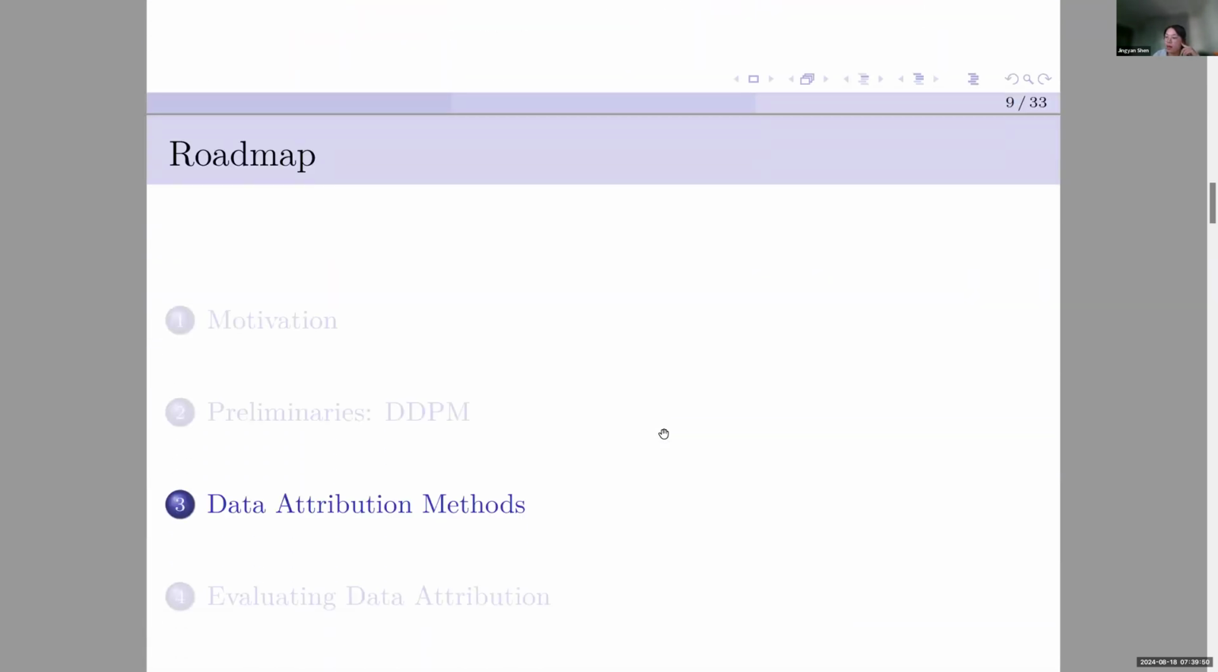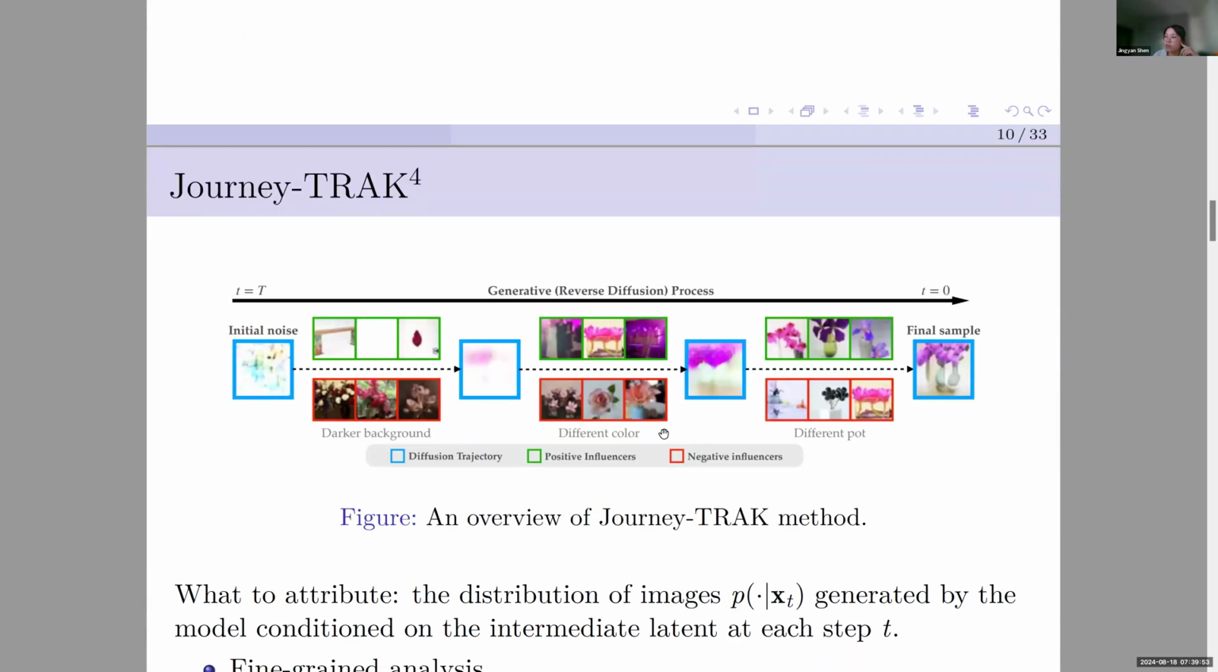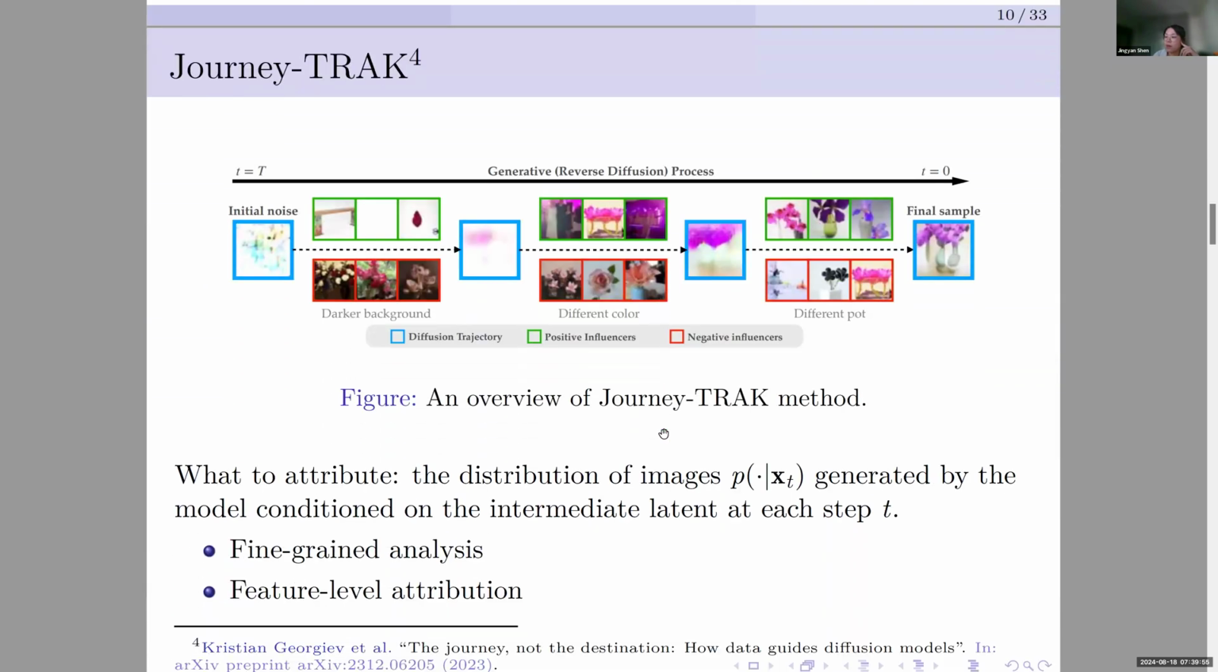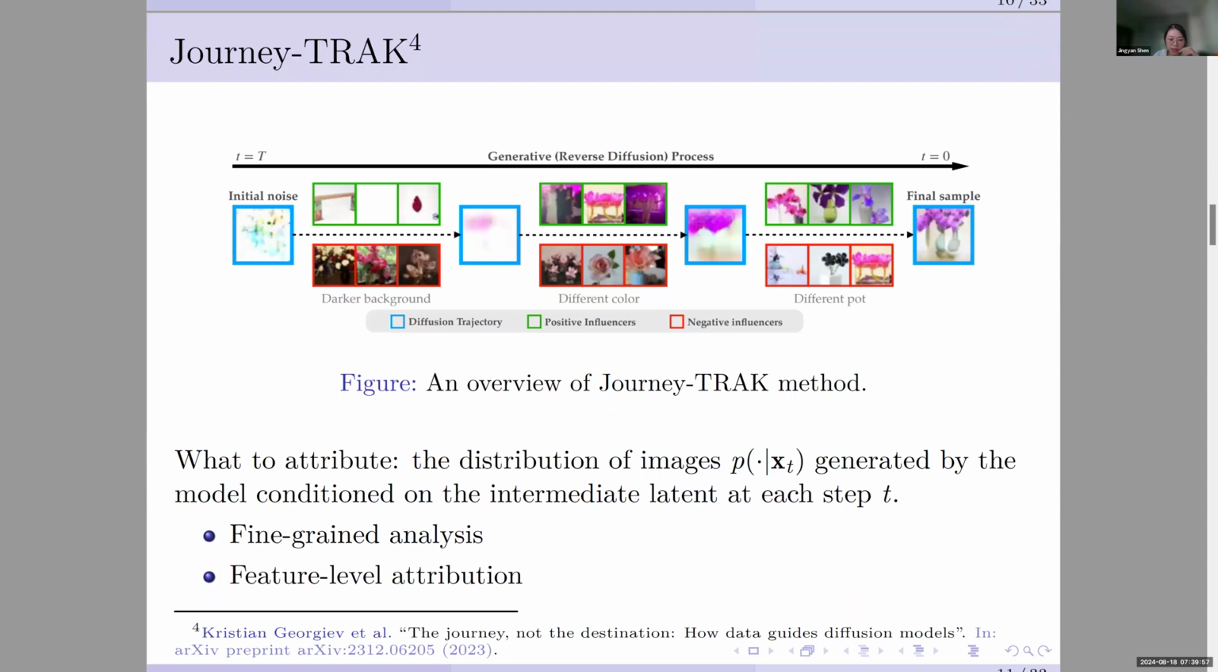Okay. And so our first method I'm going to talk about today is the journey track. We first will go over 2 papers applying the track methods on diffusion models. And this one is actually proposed by the same group behind the track paper. So, given the